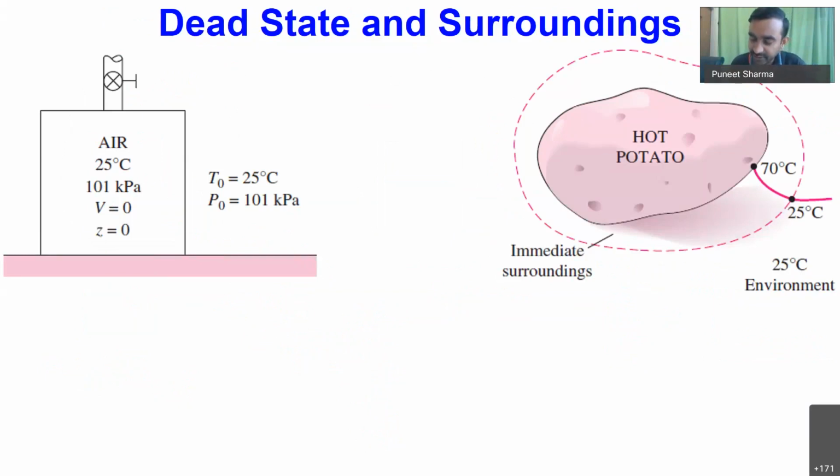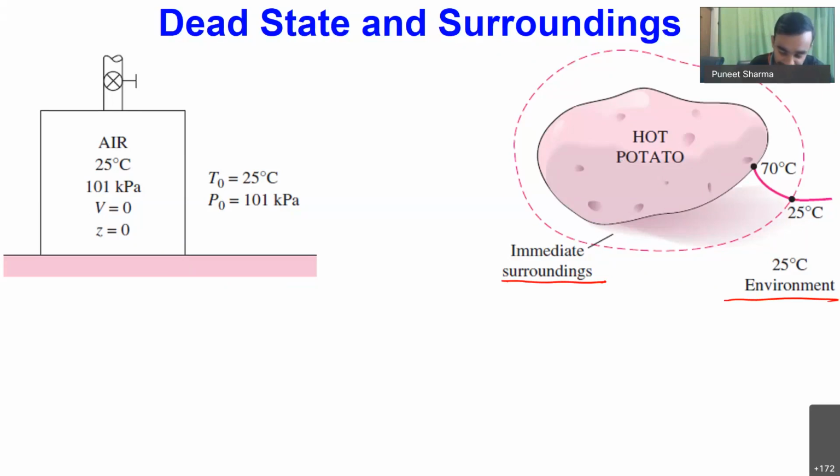Okay, then we were having another explanation related to the surroundings. So I told you that anything outside the system is called surroundings. And if we are having a system and some process is happening inside the system, then some immediate region in the vicinity of the system which is affected by the process happening inside the system is referred to as the immediate surrounding, and anything outside that immediate surrounding is referred to as our environment. And the environment is actually not affected by the changes which are happening inside our system.